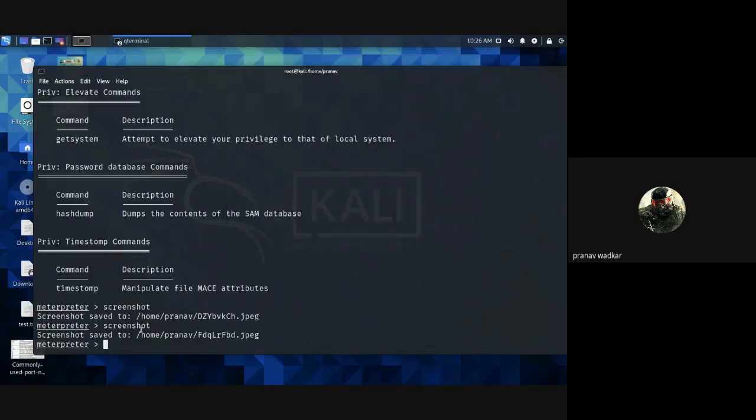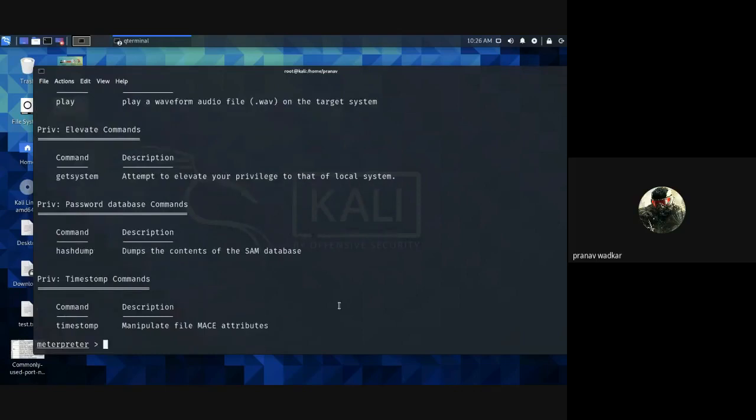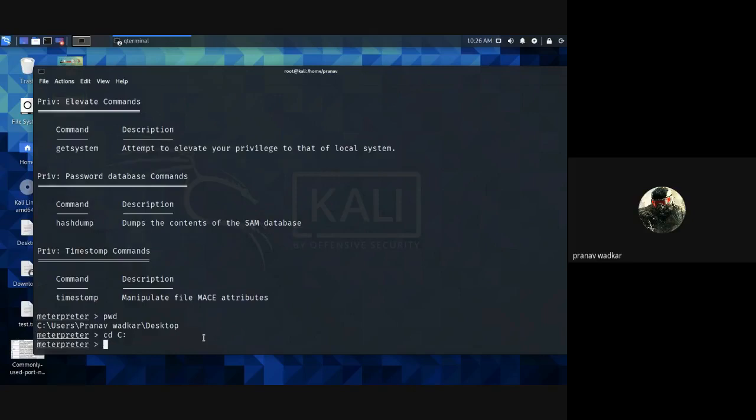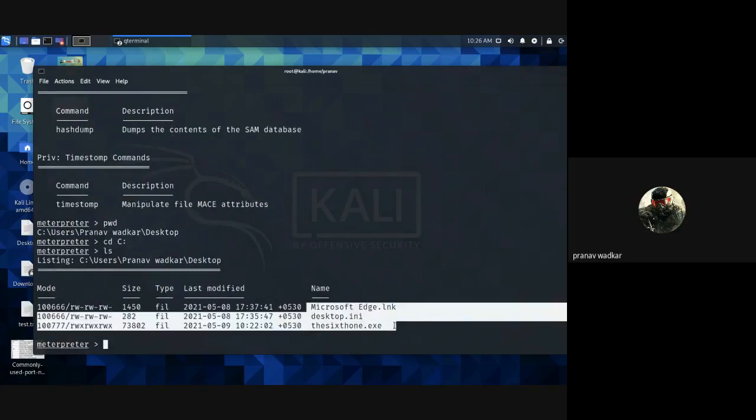I have told you the whole operation once more, and there are many more options there, right? We are actually in the victim's machine, right? So we can see the present working directory. We are in C, and the username and the home directory of the user itself in Windows, right? So I can go to the C drive. C is like the root drive, right? So I can see the installation files and other things.